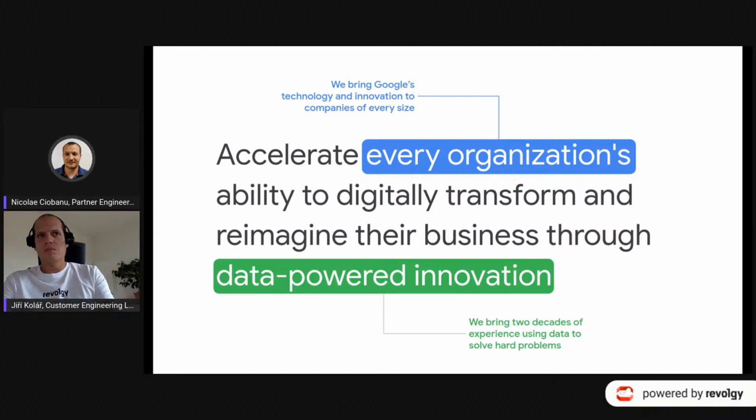So regardless of your size, we can help you, together, of course, with our partners like Revolgy. We can help you use Google technology and our innovations.